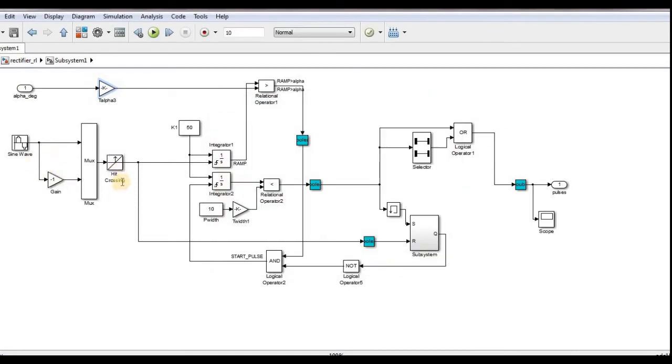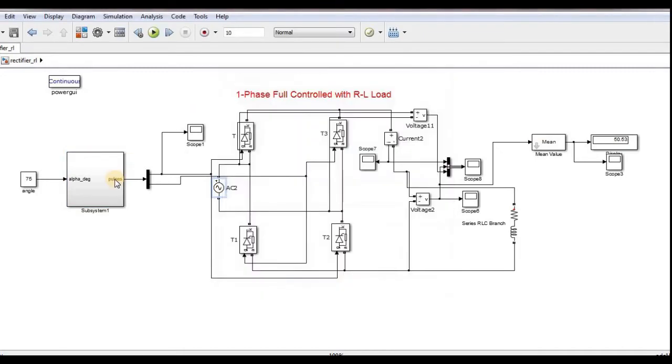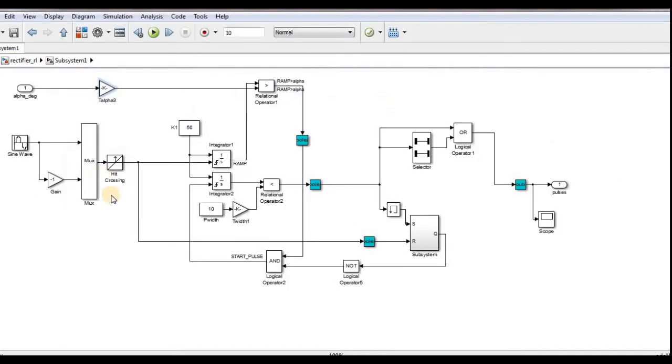And this is the crossing. In a sine wave, positive half cycle is there, negative half cycle is there. So whenever it is crossing zero, it will detect. So this is like a zero crossing detector also. So this should be the frequency of our source. This is our source, the AC source. So it should be matched. Otherwise, the missing pulses will be generated.